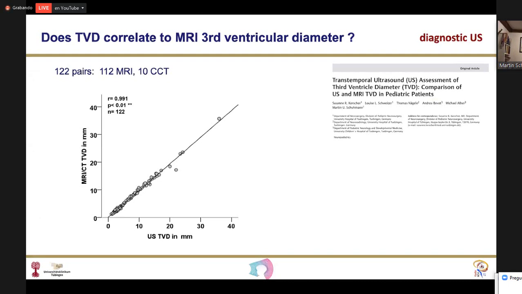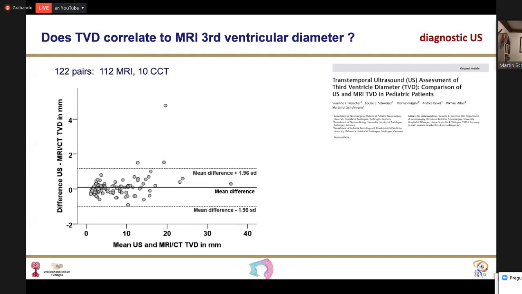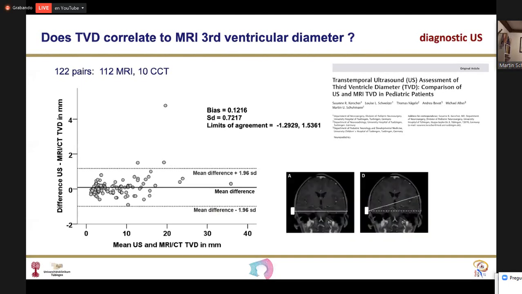And you see, again, an extremely good correlation between MRI and ultrasound. Correlation does not mean that you measure the same. If you do the Bland and Altman plot, you see very nice limits of agreement, and the bias is 0.12 millimeters. That means in ultrasound, the TVD is 0.1 millimeter larger than in the MRI, and this is very nicely explained